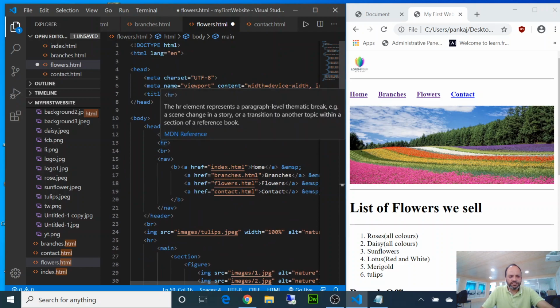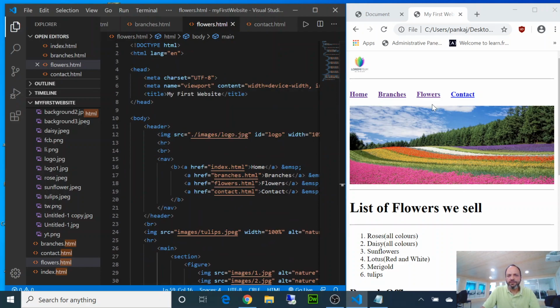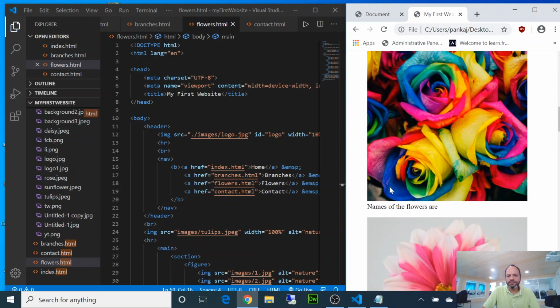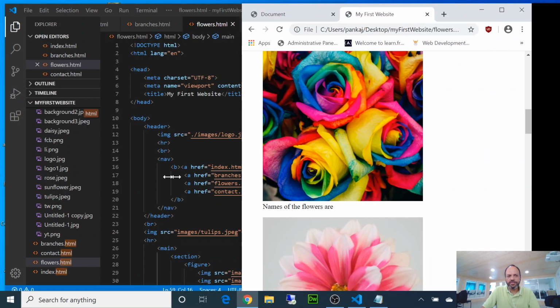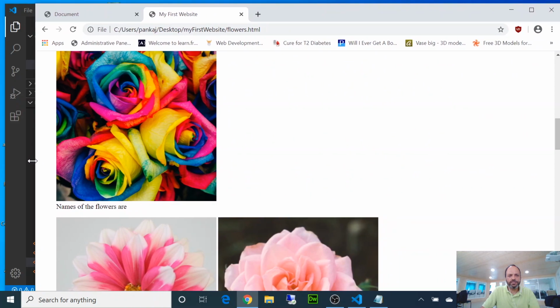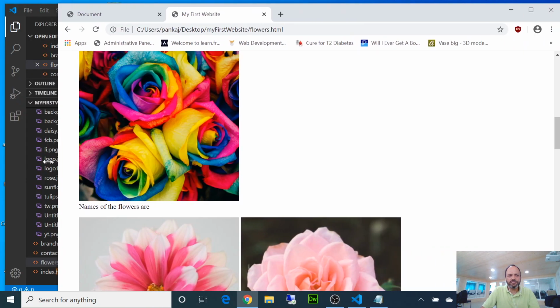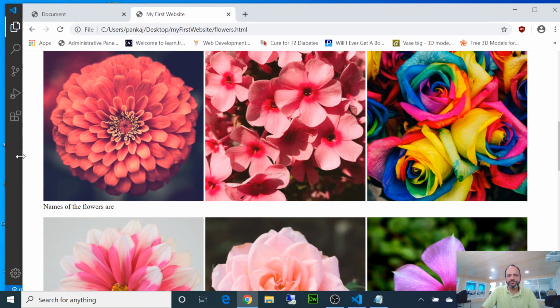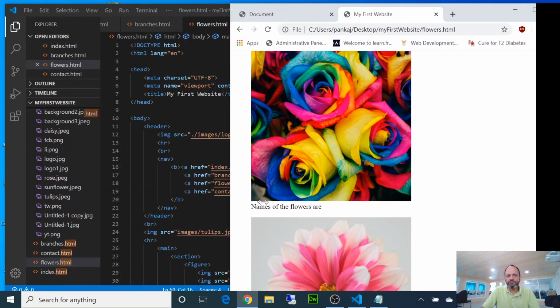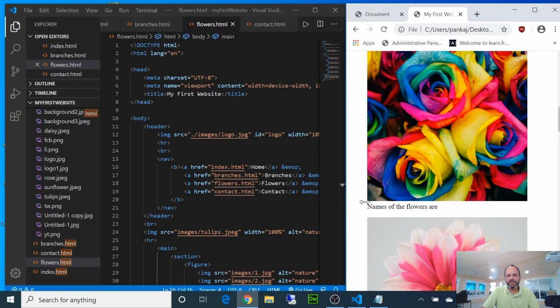Okay, so save it, and if I refresh it, click on flowers, it's here. It won't look nice just now, but if you put it this way, you will see all the flowers are there. So what is this one now? If you see,